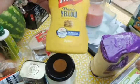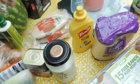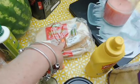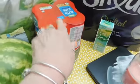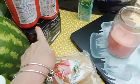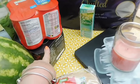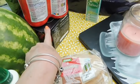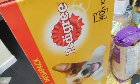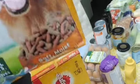the yellow mustard for going in whatever you want it in, like burgers, rolls, whatever. A pack of 6 wholemeal pita breads. Over here, 4 cans of reduced sugar baked beans, and under here 4 cans of the Napolina peeled plum tomatoes. Then here I've got some more of the Pedigree dog pouches, and thought I'd try them on this, which is the